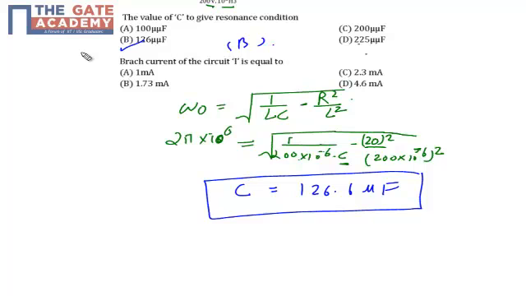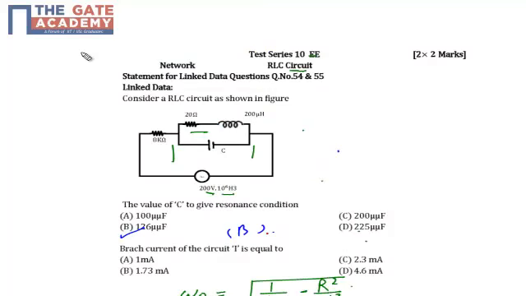In the second part, the question says to find out the current I, which is our supply current. Let's name this IT. By Ohm's law, current is nothing but supply voltage upon equivalent impedance. So first of all, we need to find out the equivalent impedance of the network. Z equivalent will be equal to the 8K plus